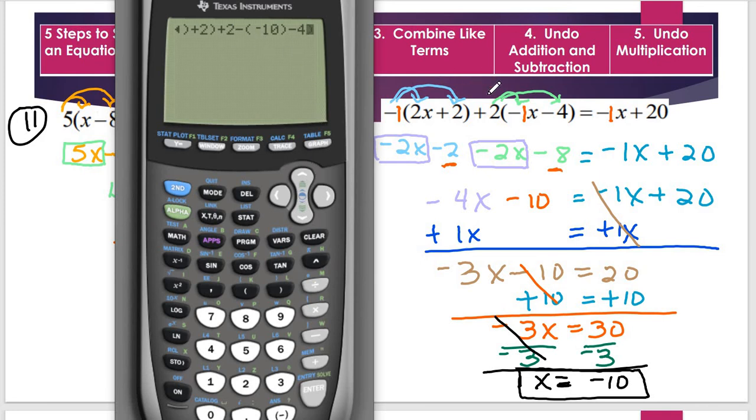And so this right here, the 2, oh, okay. Now, I'm going to just start all over again. So I have a negative, parentheses, 2, parentheses, negative 10, close it off, plus 2, close it off. Remember, every parentheses has to have a partner. Now, parentheses, and then we have a negative, and now parentheses, negative 10, right here, close it off, minus 4,